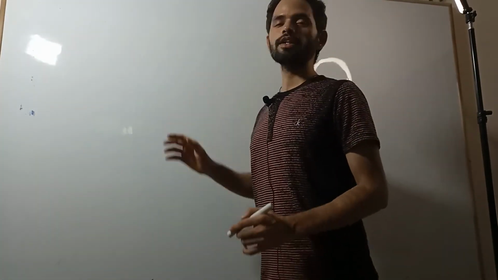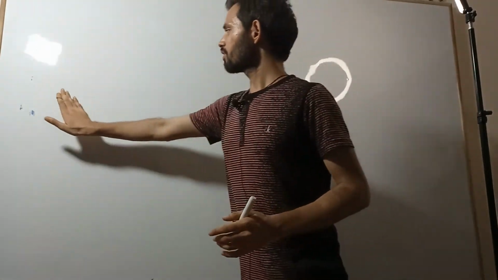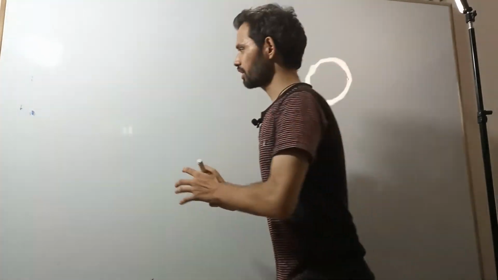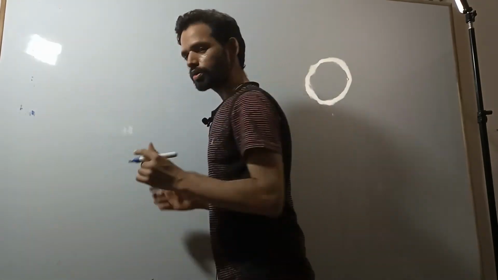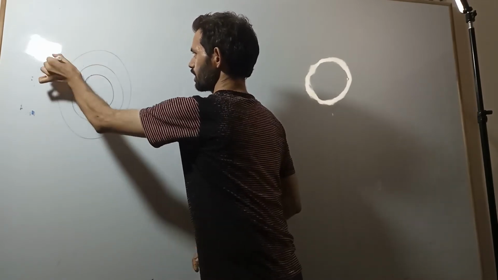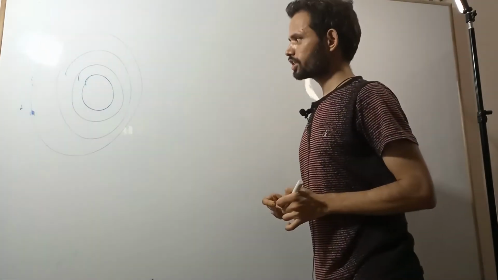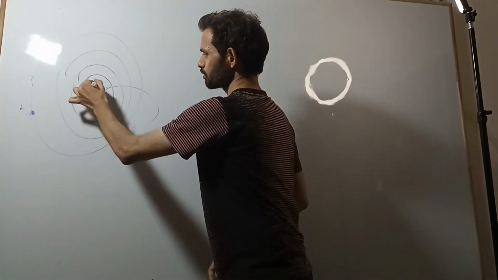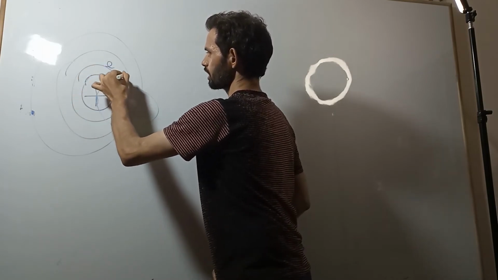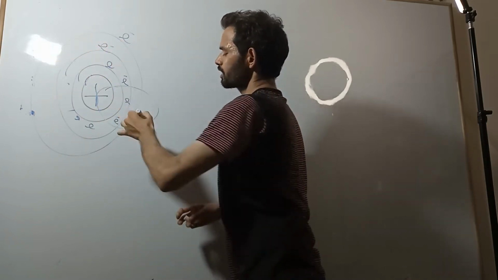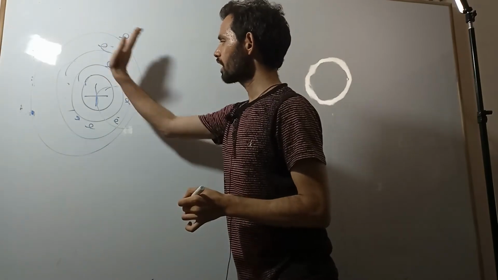Yesterday we discussed the atom. Today we will look further inside the atom. We have reached the orbital level. Inside the orbital, what is there? Let us see. These are the energy levels, also called orbits or energy shells. Then there is the nucleus. In every orbit the electron is revolving around the nucleus.